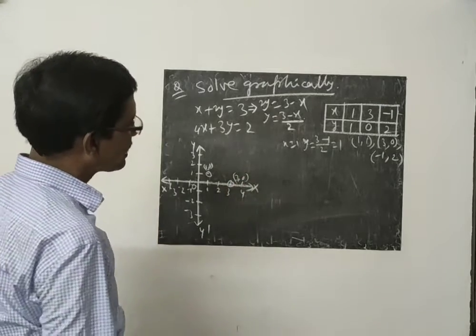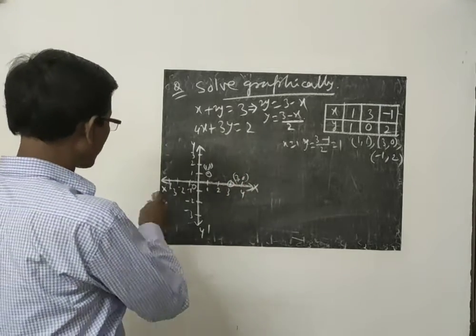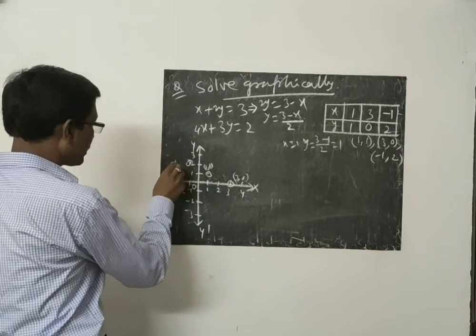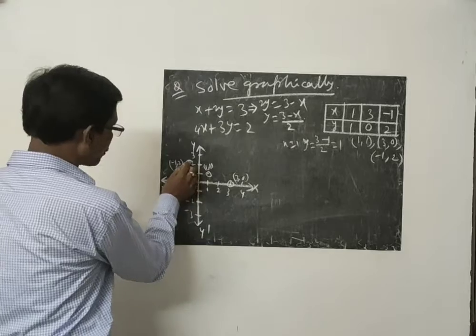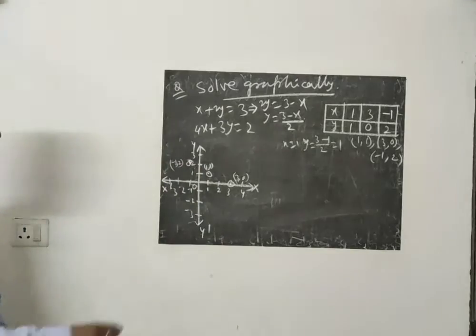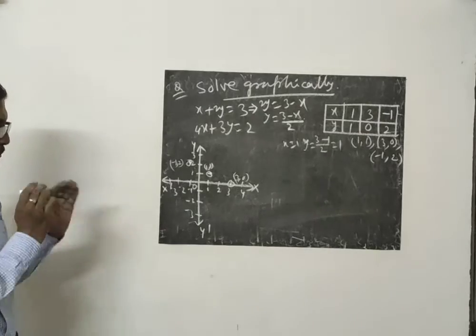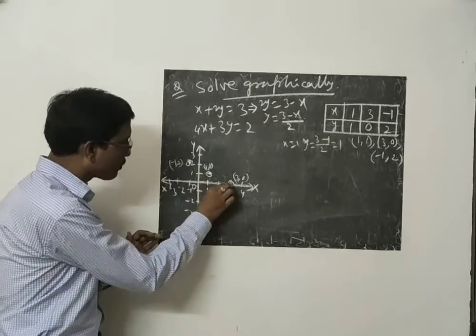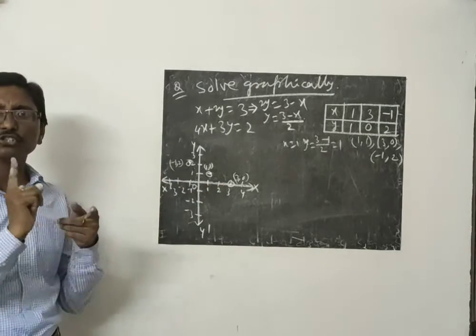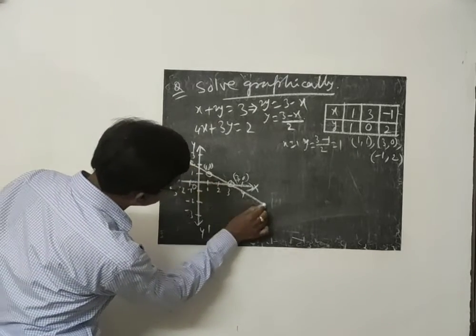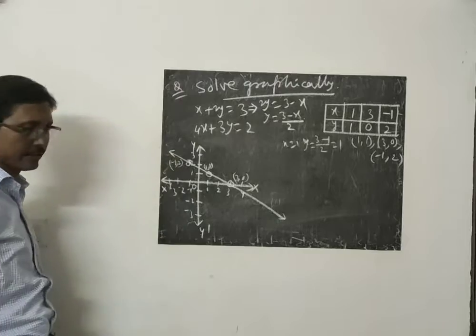And next you are having minus 1, plus 2. So it is coming minus 1, plus 2. If you are right, that is the check for you also on the graph paper. If you are right, all these 3 points must be on the same straight line. Keeping your scale, join these 3 points and you will get a straight line.